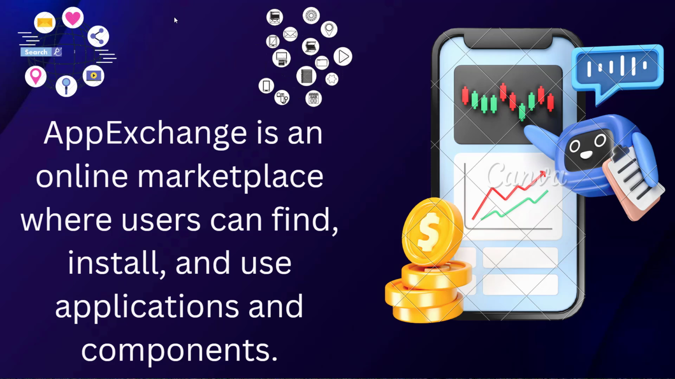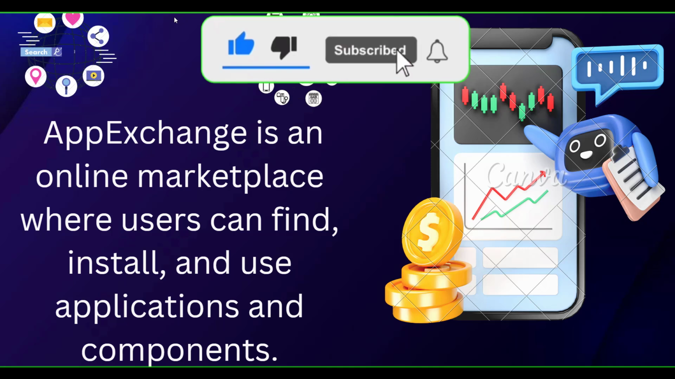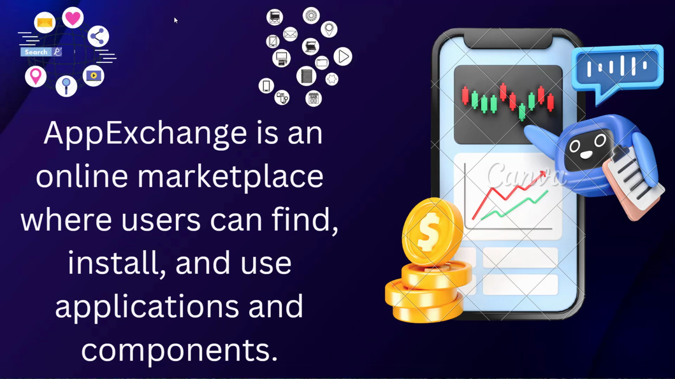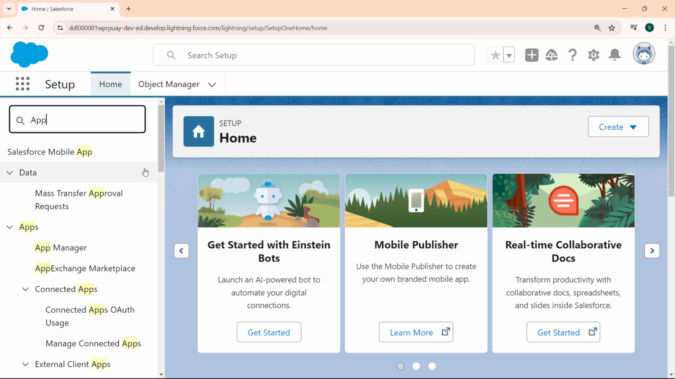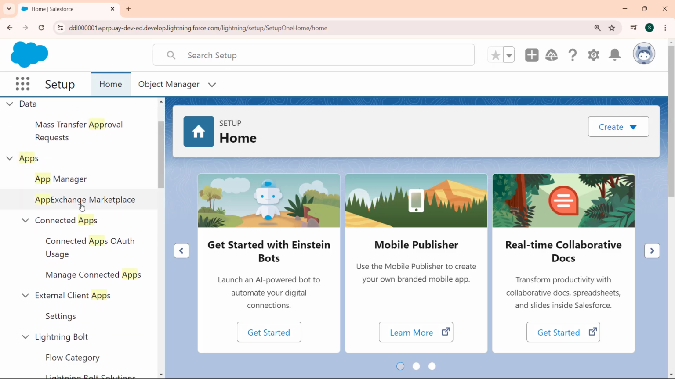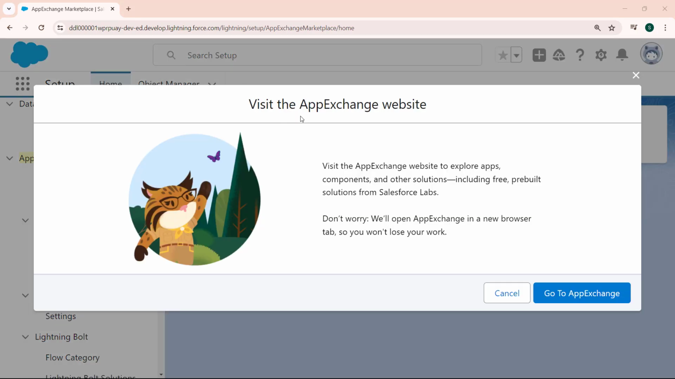Here we are going to discuss the whole process and how to install the app from the App Exchange in Salesforce. So for this, we need to move to our developer account. This is my Salesforce developer account. We enter "app" in the Quick Find box, and under Apps two options are present. The first one is App Manager and the other one is App Exchange Marketplace. Here we click on the App Exchange Marketplace and it will redirect us to visit the